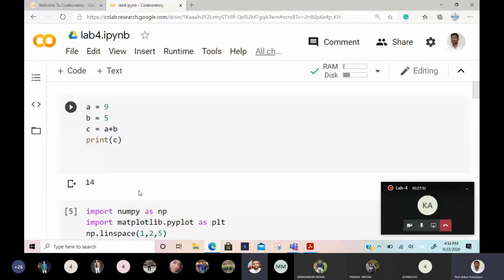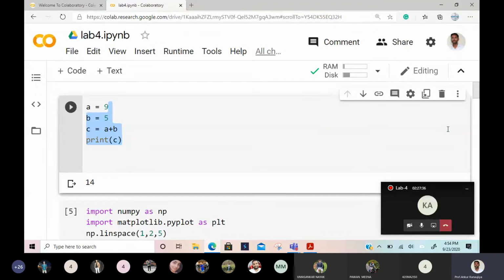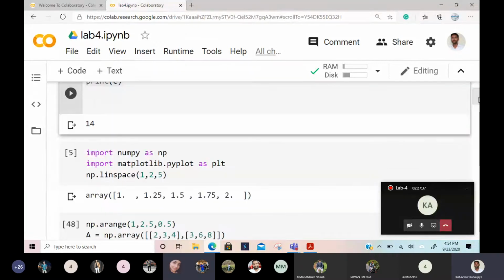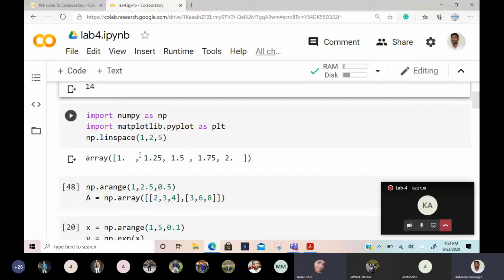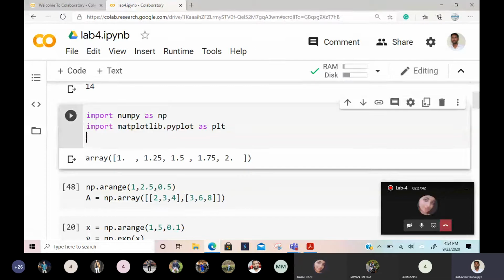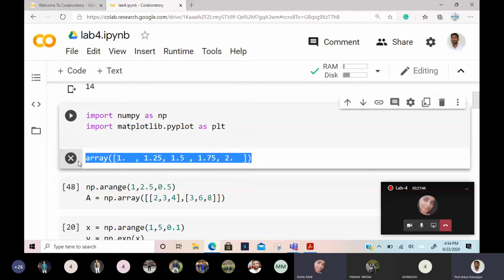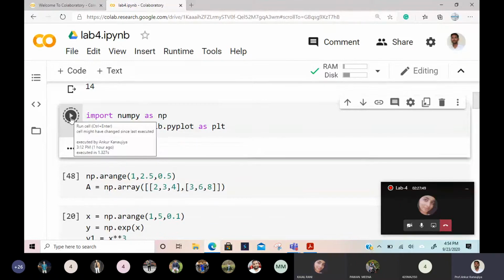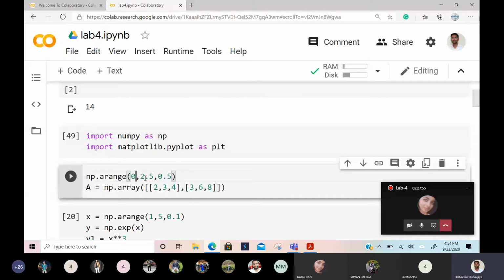First, x equal to np dot arange. First we have to arrange from range 0 to 10. So I am running this one. Here I am editing. I already have 0. So just watch, no need to do. That is assignment for you. You have to do later. 0 to 10. So what increment you want? Tell me that increment, I will give for plotting. 0.5? 0.1? Okay, I will give 0.1.